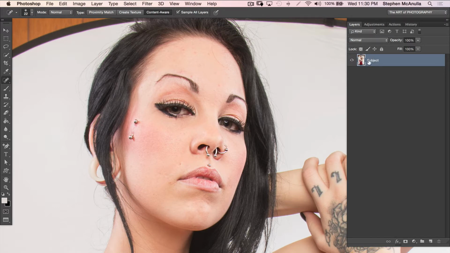So the first thing you do when you do frequency separation is duplicate the layer that you have. We've got our subject layer. I'm going to hit Command J twice. That's going to duplicate my layer. And this one here, I'm just going to call it soft. And this one I'm going to call texture. And the reason I do that is we're going to actually be combining these two layers to get the separation effect, the frequency separation. So first thing I'm going to do is I'm going to turn off my texture layer,